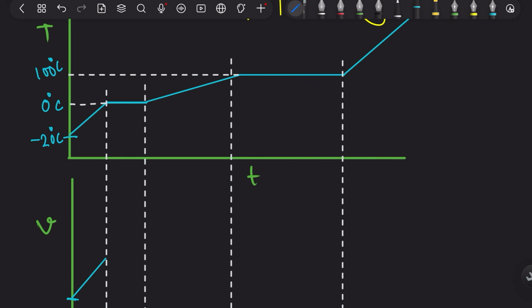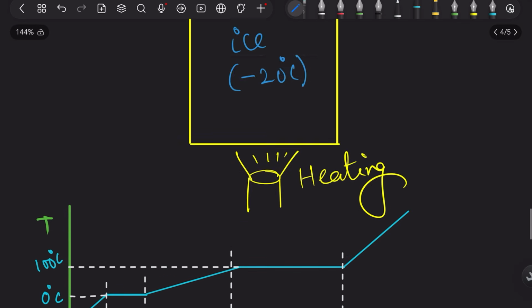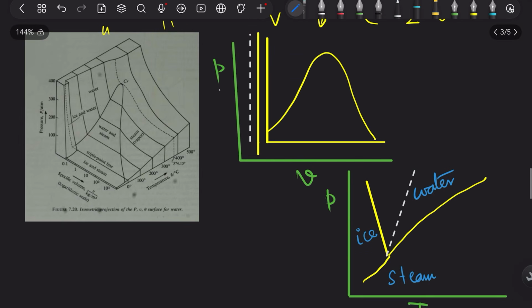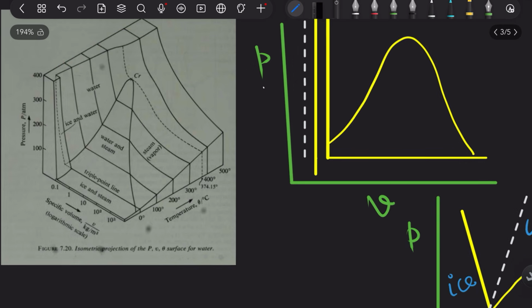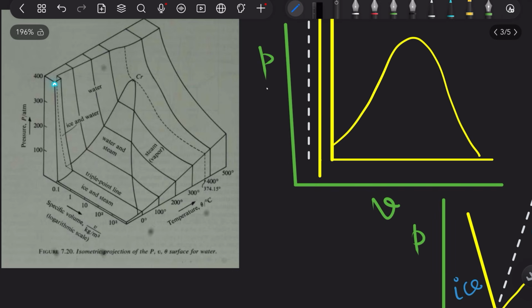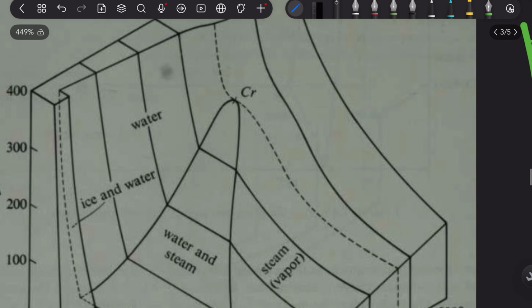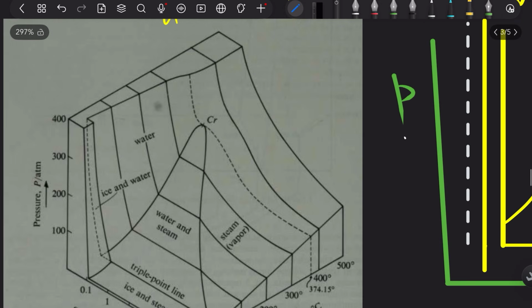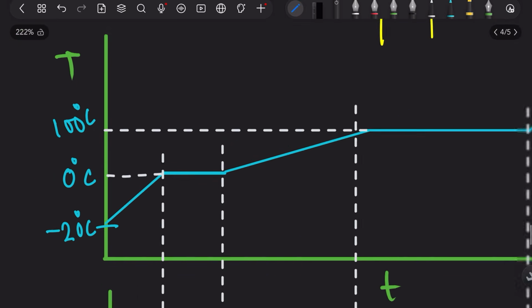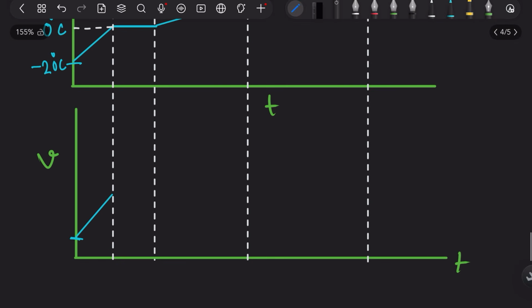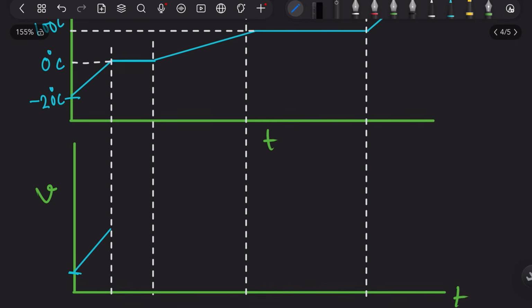But the moment it reaches 0 degrees Celsius, now you know from this diagram, your PVT surface, that your volume actually contracts as you increase the temperature. I am zooming in more. This is your increasing volume direction, so your volume decreases as you are increasing the temperature, right? It will contract when it melts. That is the anomalous behavior for water. That is why